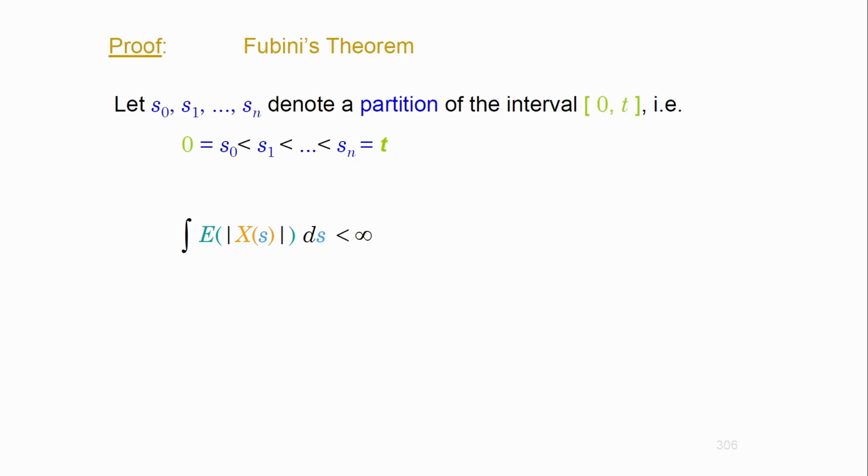You saw this before. Now, if this is finite, then you can bypass the expectation operator by the integral operator. This is what Fubini's theorem is telling you. Since it is finite, it must be the case that the integral between 0 and t is finite. I stress the word finite.